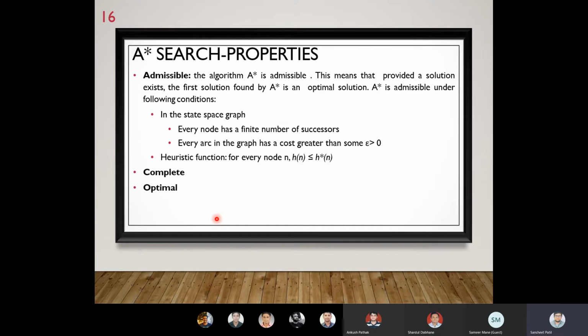Due to some time constraint, I will not be able to cover this underestimated and overestimated things in detail, but I will give some overview for underestimated and overestimated behavior of the A star algorithm. What underestimated behavior for A star is, suppose you go to buy a laptop and your estimation was, I'll get that laptop in just 20,000, but the shopkeeper tells you that it is for 30,000. So the budget which you have decided was a little bit less compared to the original price of that laptop. So what you will do is, you will go and check another shop as well, to see if you get this laptop in 20,000 or not.